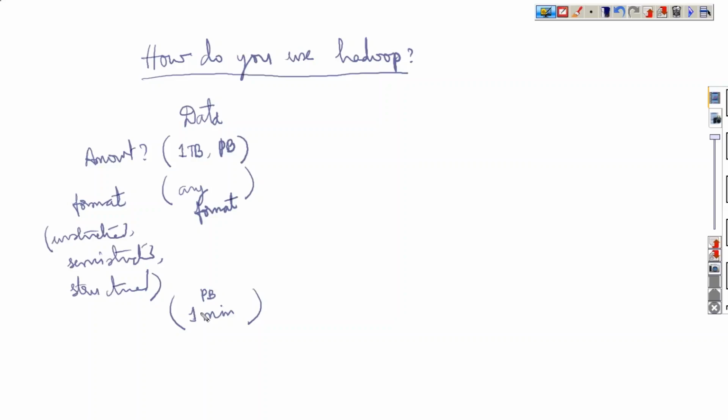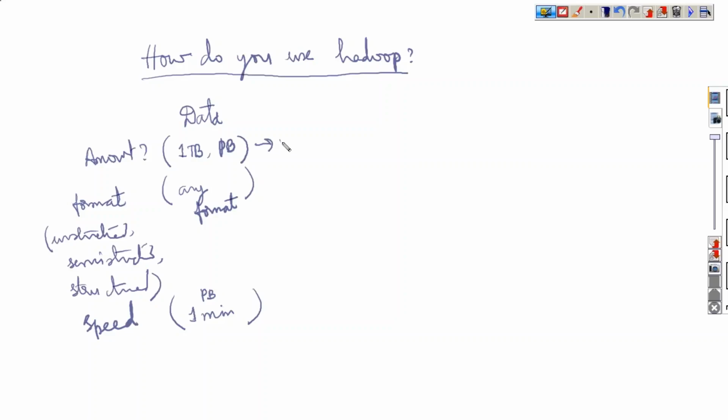So this storage system and processing system must be able to process any amount of data. Suppose you try to load 1 petabyte of data, it should not take 1 day or 2 days or 3 days. It has to complete in hours, or if possible, in minutes only. So the third parameter would be velocity. With whatever speed the data gets generated, it has to accept it and work on that.